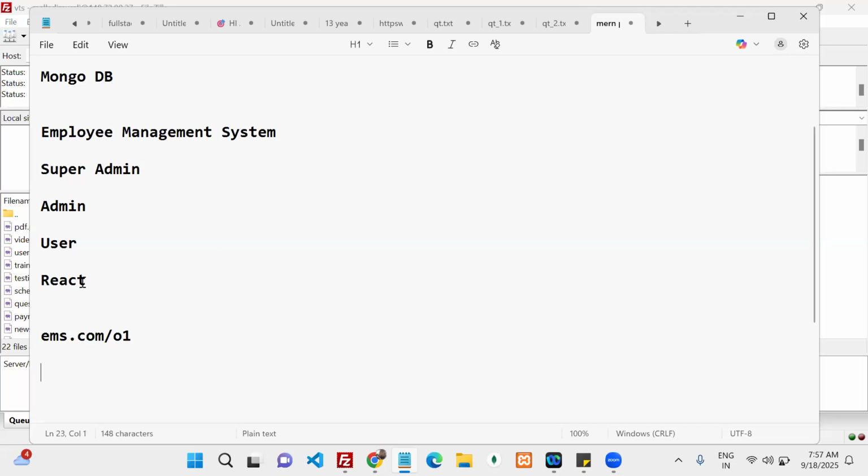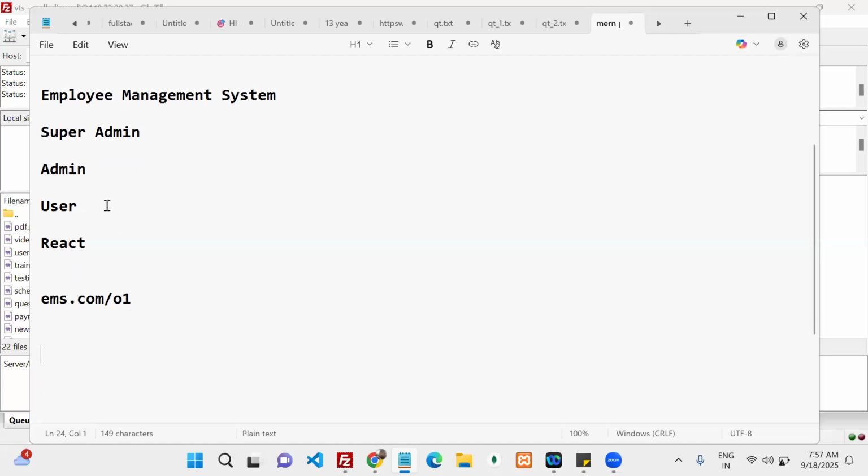Next, these are front end. Back end, tell me. Back end applications: super admin and one microservice. On the React side, one is super admin, admin.